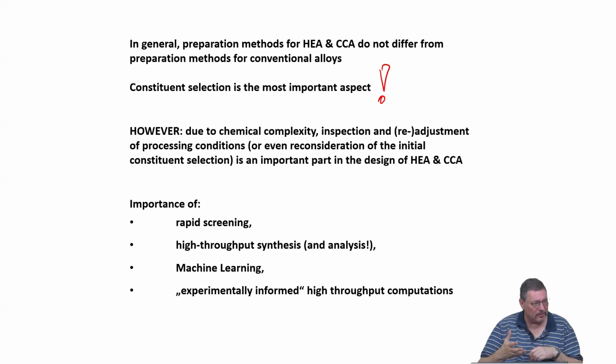You try out a certain alloy with a certain number and type of constituents. You try to make it, you look at the outcome, you see cracks have formed, or maybe segregations are there, and then some improvement must be made. So maybe you go to a higher soaking temperature, you soak for a longer time, you flip after initial melting several times so that the density differences are leveled out. And only by repeating and improving can you get the best alloy.